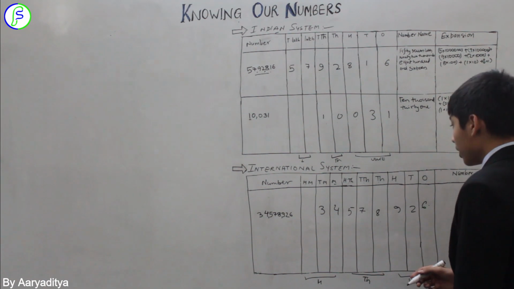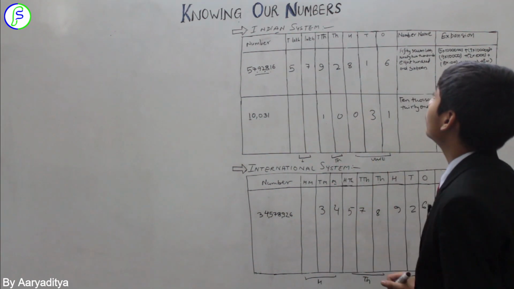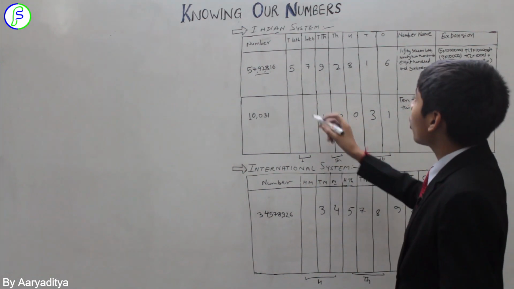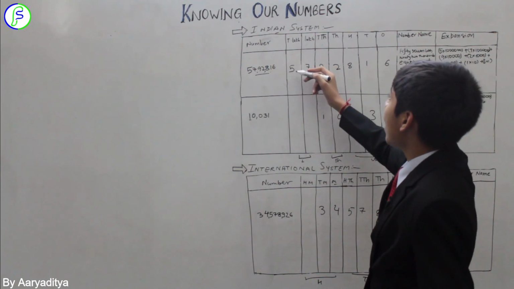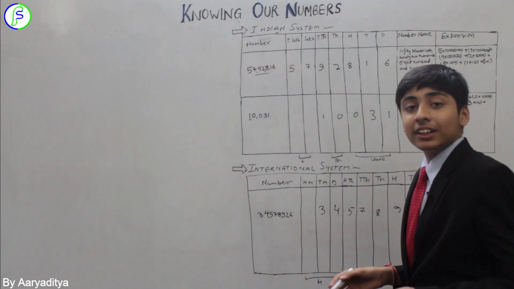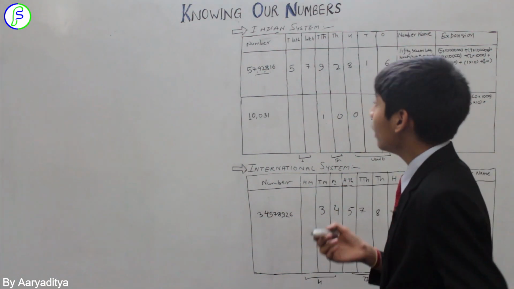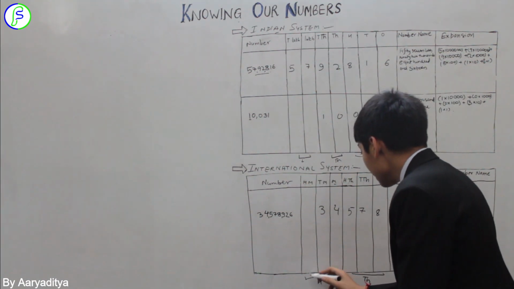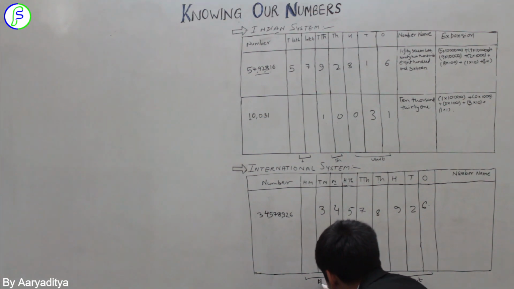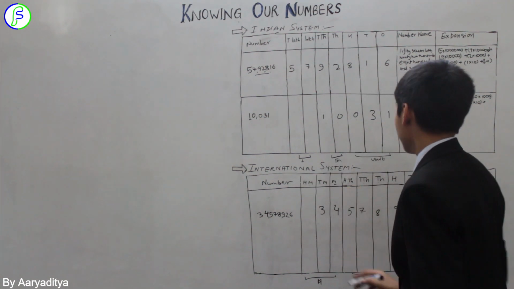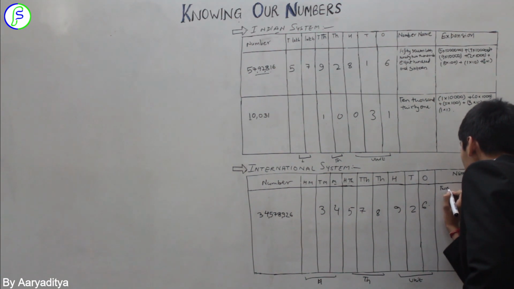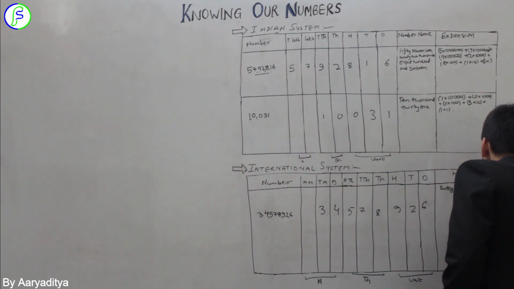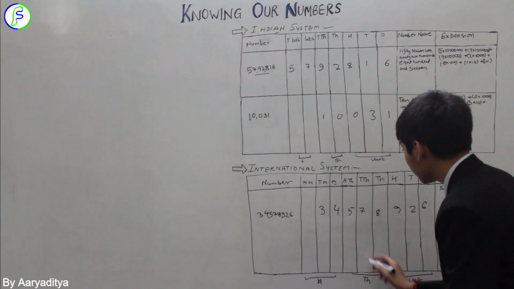Let us start with naming. As I have already told you, in the Indian system, if two numbers lie in the same group, then they are clubbed. Rather than calling 57 lakh as 5, 10 lakh and 7 lakh, which would sound odd to a listener, we, for a safer side, just take 57 lakh because they're in the same group. Similarly here in the millions, we get 34 million. So we write it as 34 million.